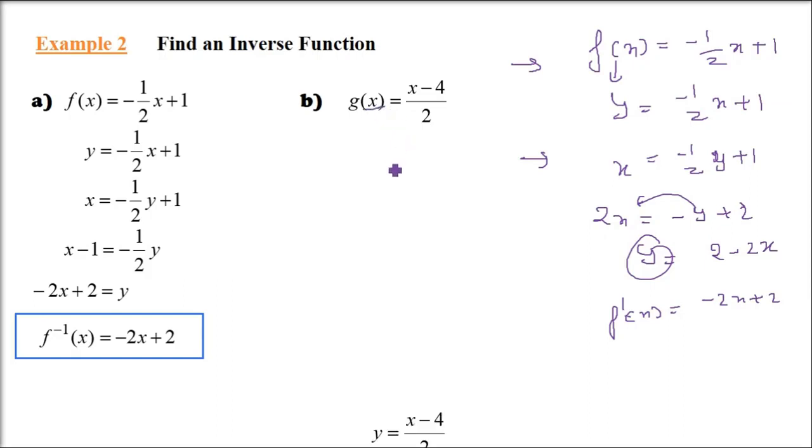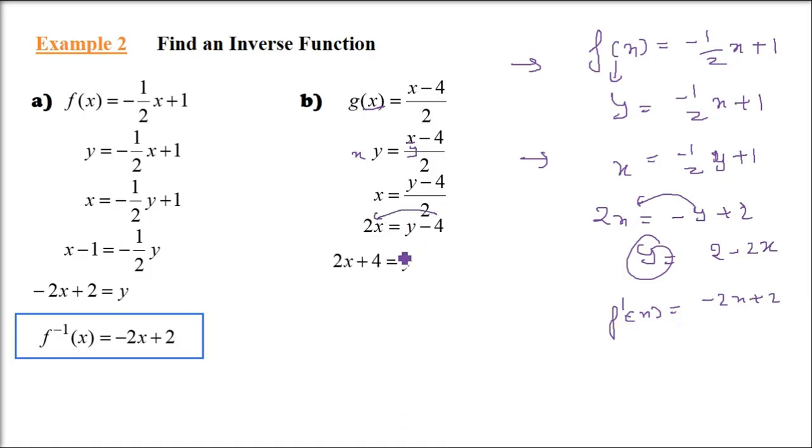So this also we will do step by step. Just replace g(x) with y because it is f(x), g(x), same thing. So now replace x with y and y with x. Now we have to find y here, and that y will be your inverse, that is g inverse x. So now you just have to have y on one side and others on another side. So y is your g inverse x. g inverse x. So this is 2x plus 4.